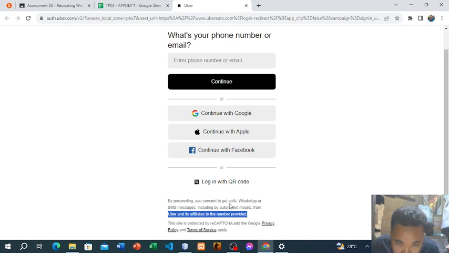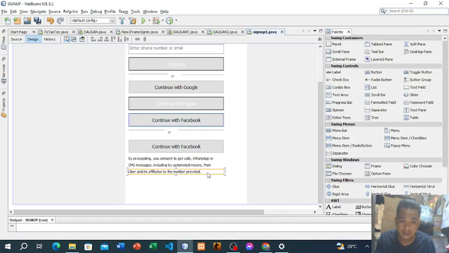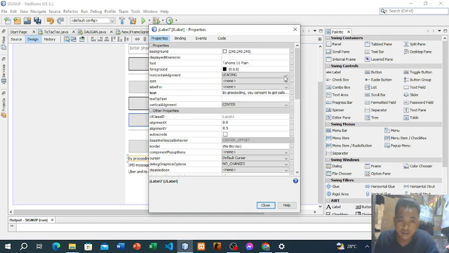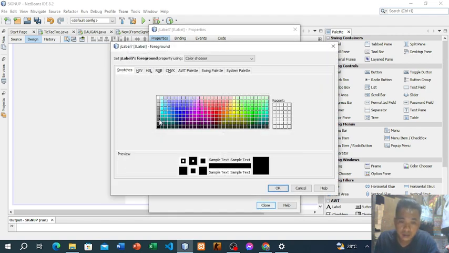Since as you can see the font color here is gray, I'm just going to make it gray. I'm going to properties, the foreground, I think this, no, this one is the right color.